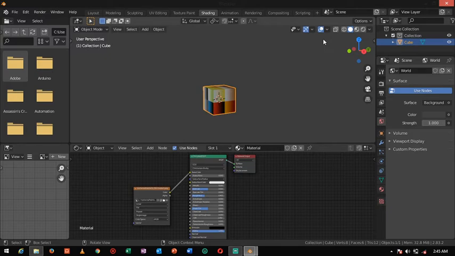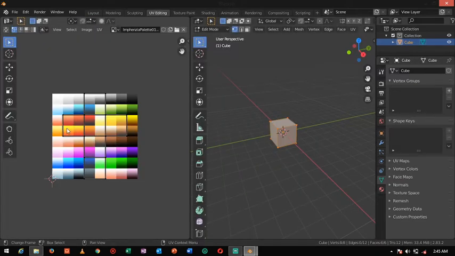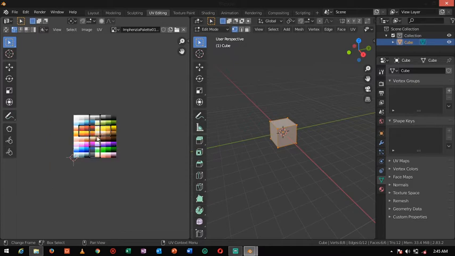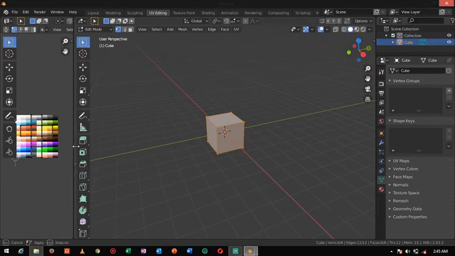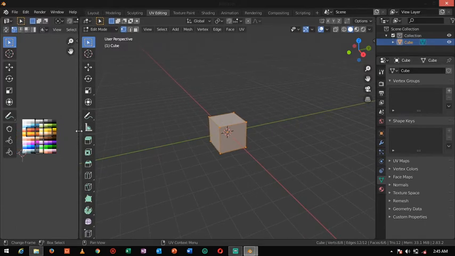If you want to make some colors, first I'll make it perfect. I'll make it small because I can't see half the screen and can't do the full operation, so I'll make it small. According to you, however you want to set it, you can set it.